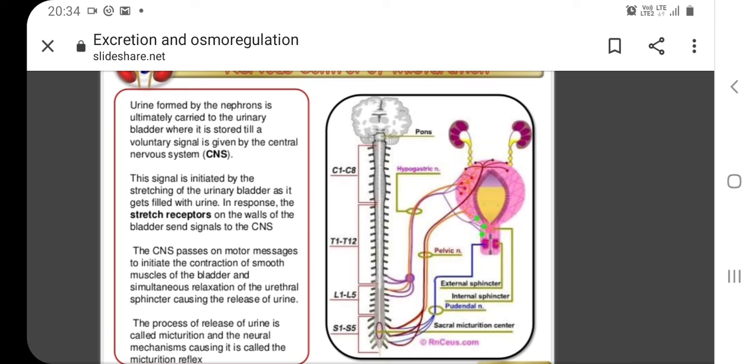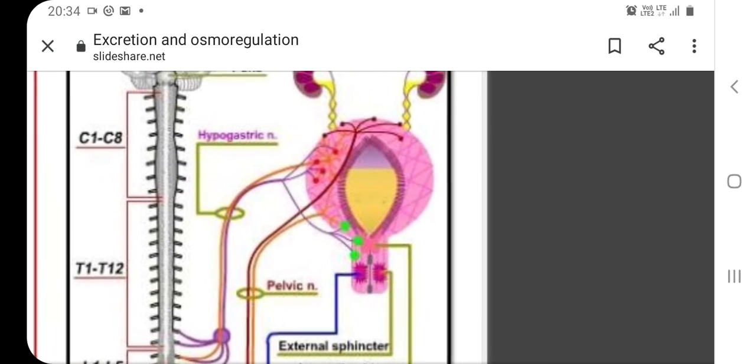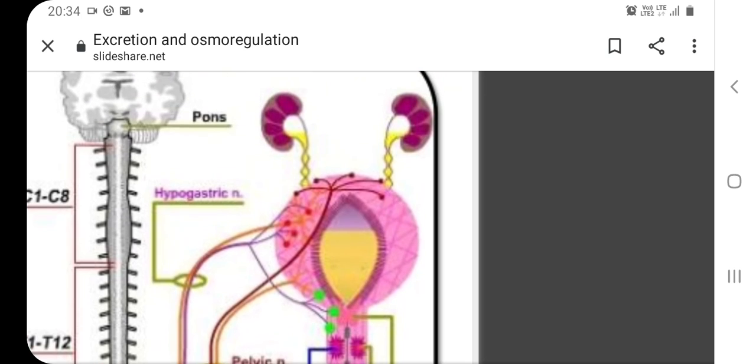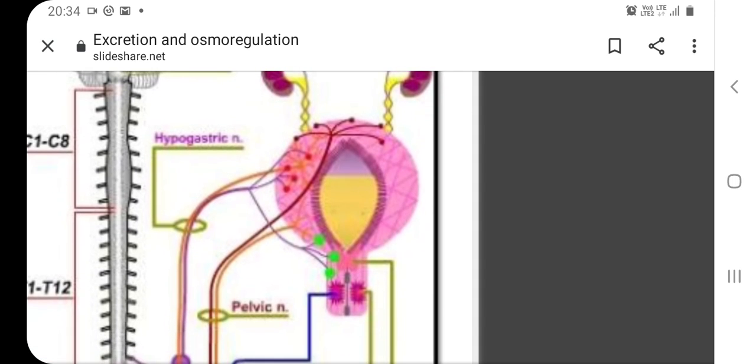The signal is initiated by the stretching of urinary bladder as it gets filled with the urine. As you can see in this diagram, this is the urinary bladder. When it gets filled, swollen up with urine, which can be seen yellow colored, then this stretching of the urinary bladder